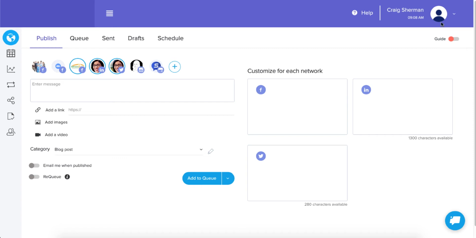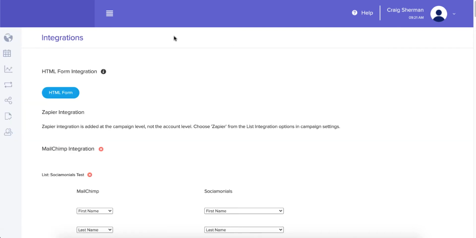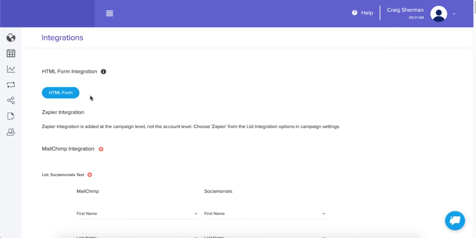To use this integration, the first thing you're going to do is go over to Integrations, and you'll notice there's a new one up here at the top called HTML Form Integration. Notice we have Zapier. Some people don't like this universal integration because they do charge money, and the HTML form one is free. And also note that we do have an integration for webhooks, but not all email service providers